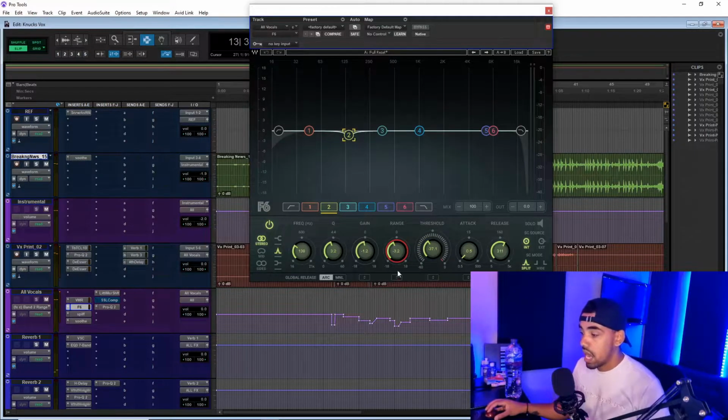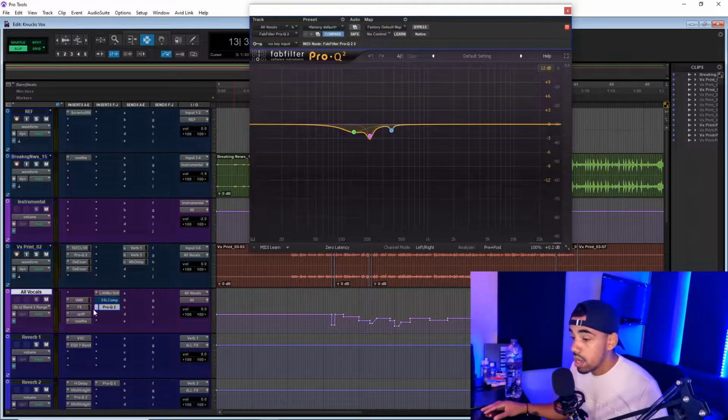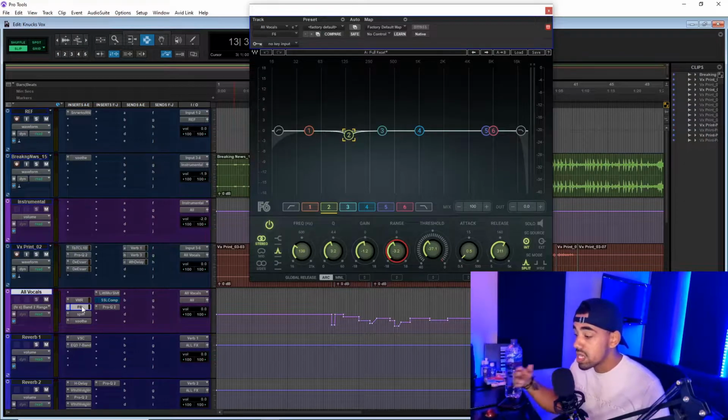I know. You see how it's moving? Now what I was trying to catch is the businesses and snow, like they're very bassy words, and on this particular take they were giving me issues. So rather than just doing a static EQ, which I did do, I wanted it to move because there were certain words that didn't need it, right? There were certain words that didn't need to have such a big cut, but on certain words like business and,